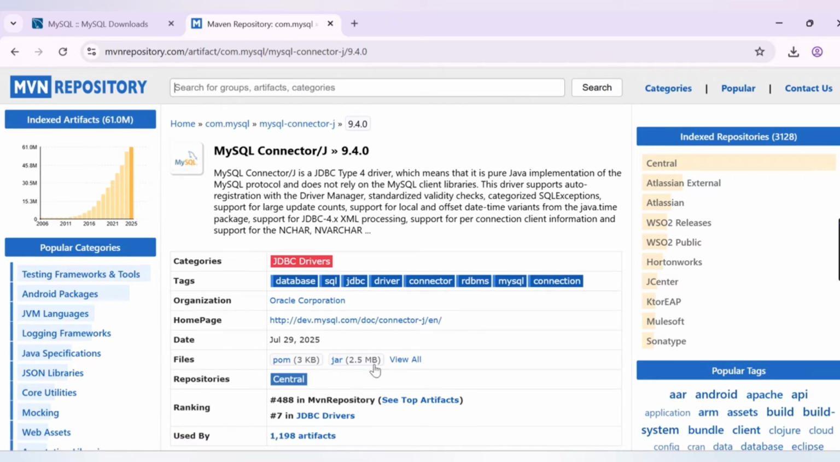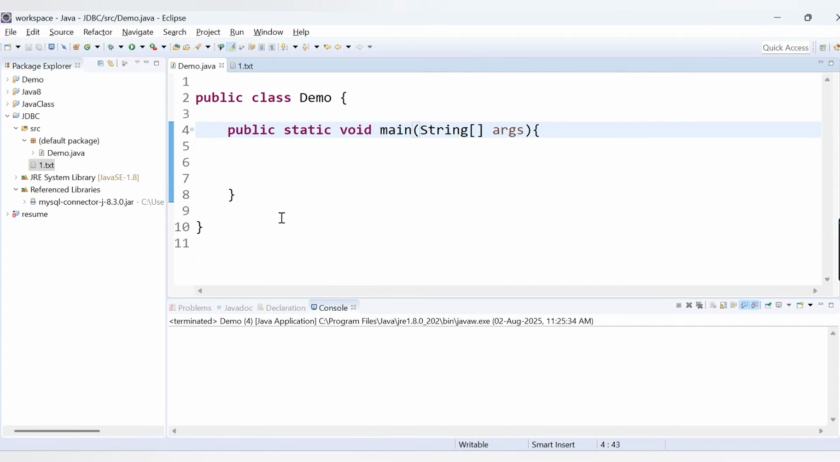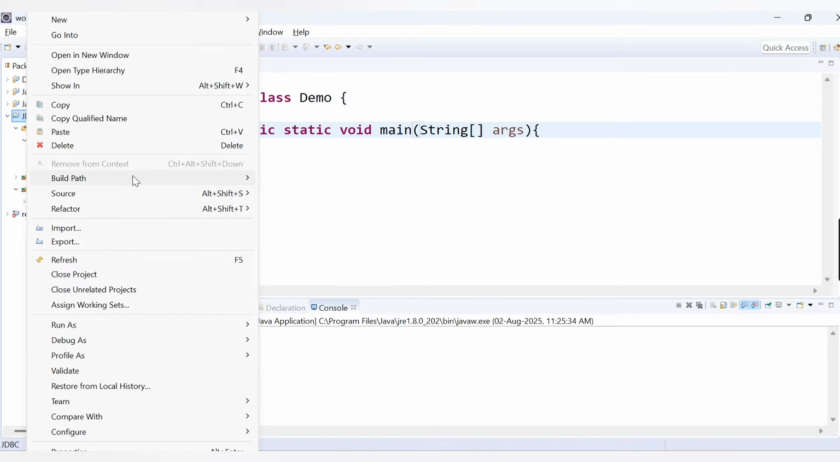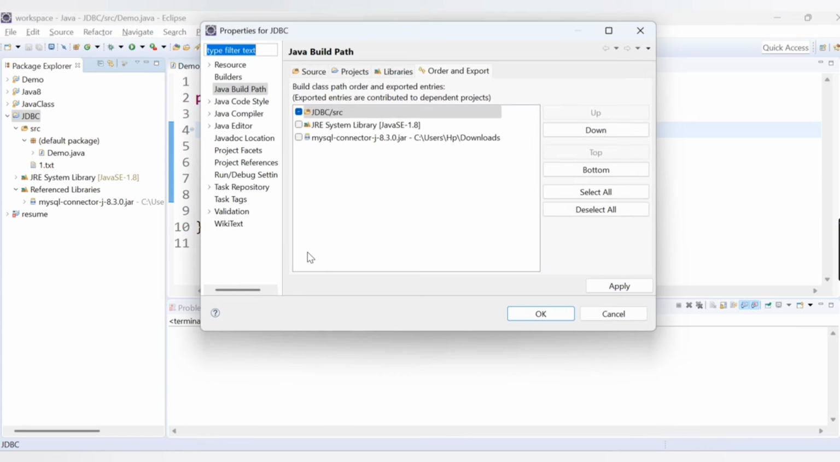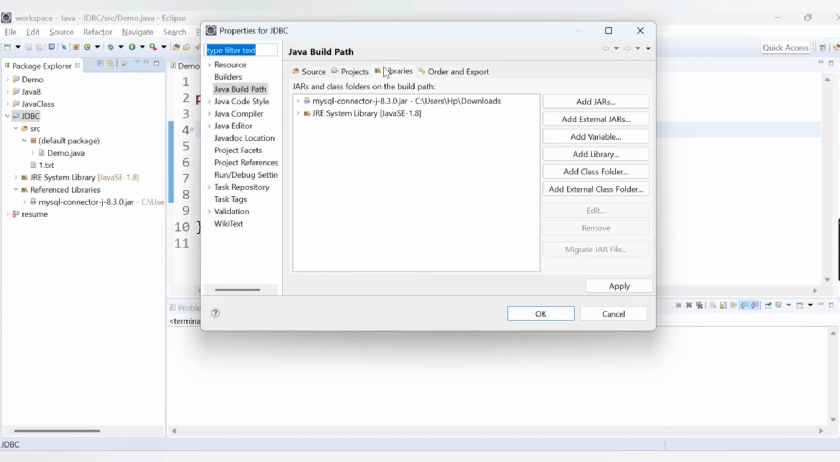After downloading the jar, you need to go into your Eclipse now. Here I have created one new project, JDBC project, and here you have the class called demo.java. What you need to do here is right click on your project JDBC, go to the build path, then you have the configure build path. And here inside libraries, you could see I have this jar